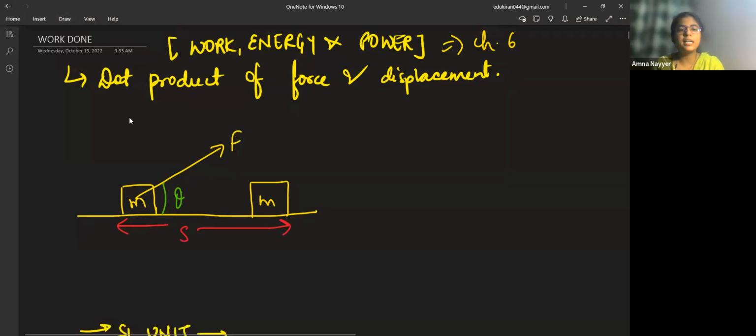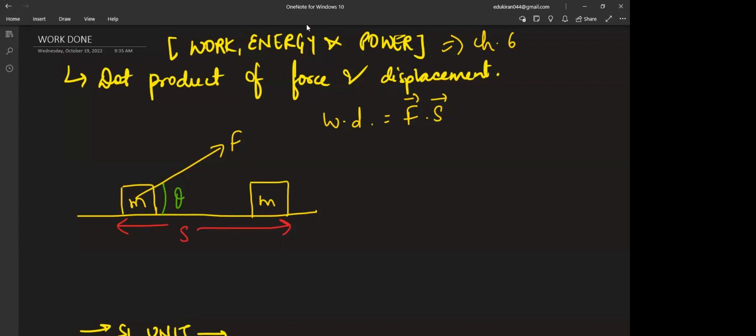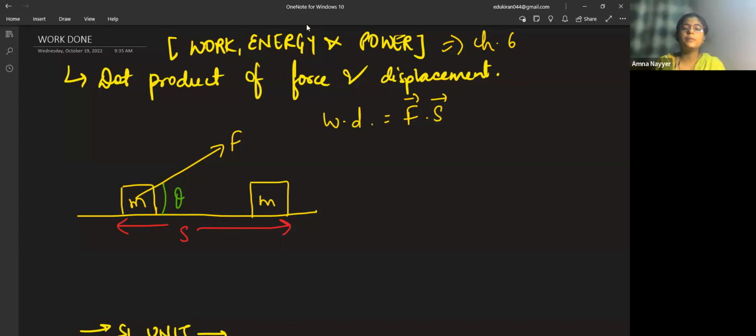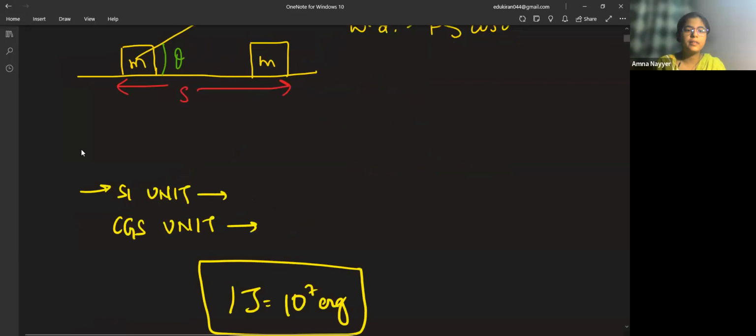What did I say? Work done is the dot product of force and displacement. How do we expand dot products? Sin theta or cos theta? Cos theta. So for work done, you have to take the magnitude of force, the magnitude of displacement, multiplied by cos theta. It's a scalar quantity. So that's why this is a short lesson, because the parallelogram law, all the vectors, special cases, those get deleted because it's a scalar quantity.